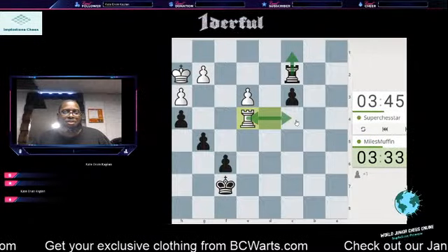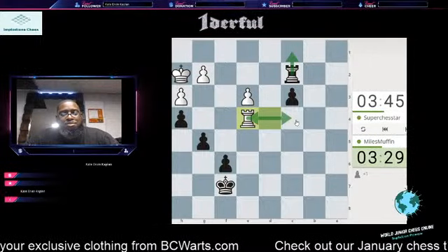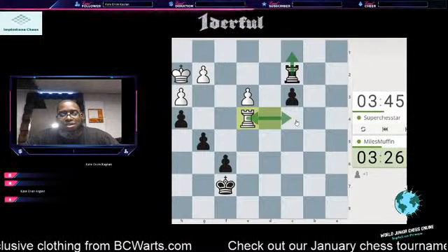So now Miles is only up 1 pawn, and in a lot of rook endgames, guys, let me tell you something, that is a draw. In a lot of rook endgames, even a pawn is not enough. That's why it's important to study your rook endgames, especially one rook. Especially the one rook endgame. Okay, so now